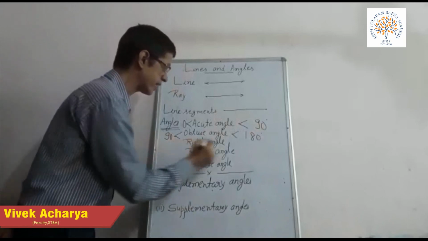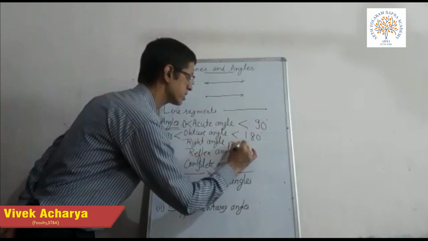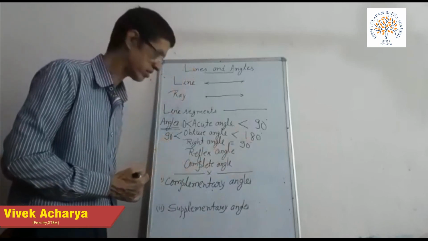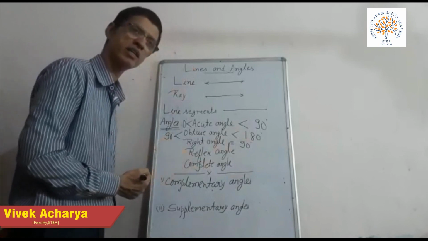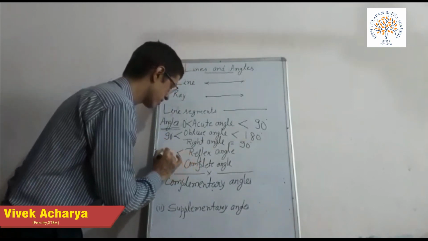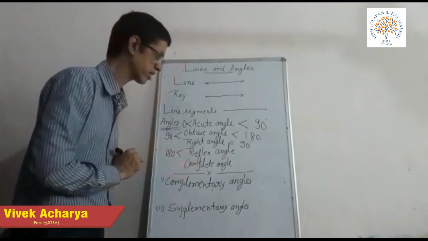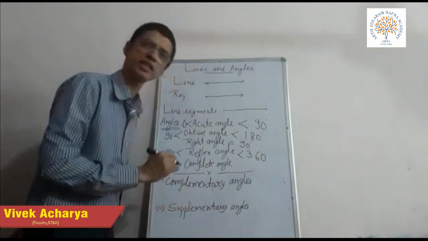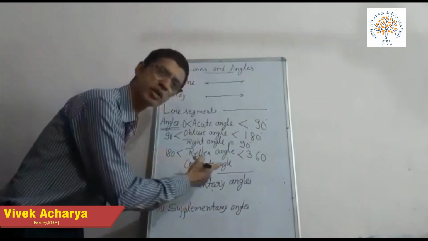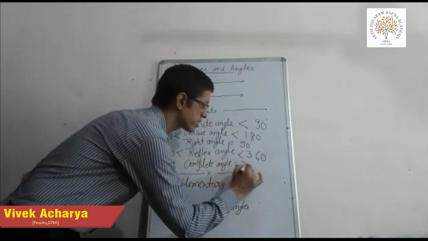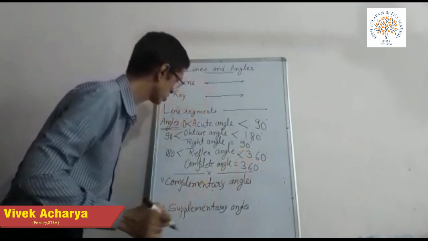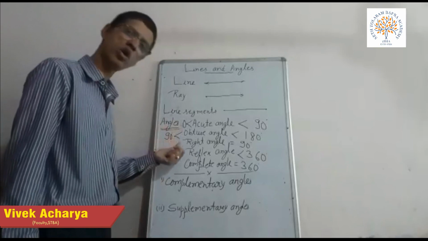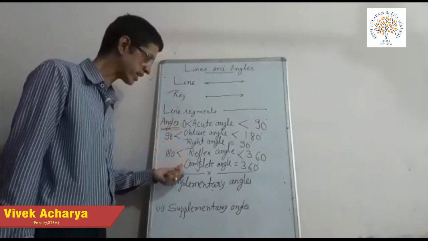Third one is right angle. As you know, a right angle is equal to 90 degrees. Next one is reflex angle. That is greater than 180 degrees and less than 360 degrees. And the last one is complete angle, which is equal to 360 degrees. So according to the values of angles, we have acute angle, obtuse angle, right angle, reflex angle and